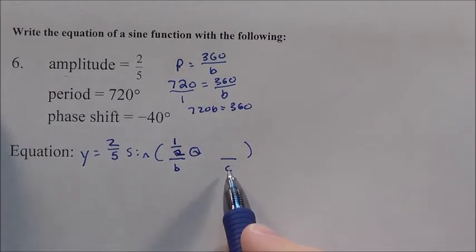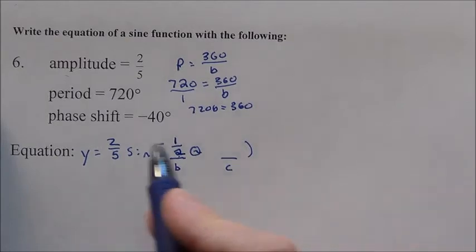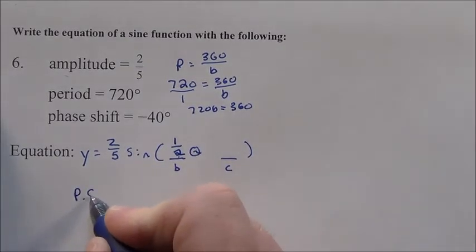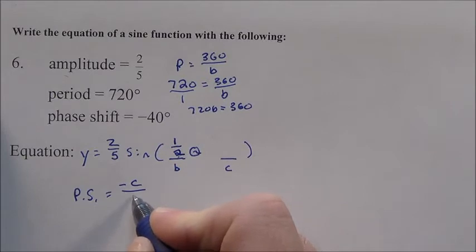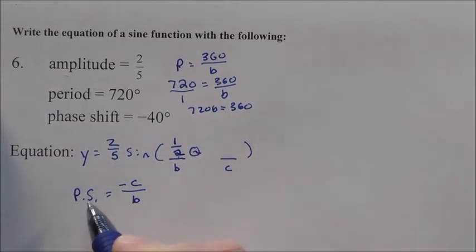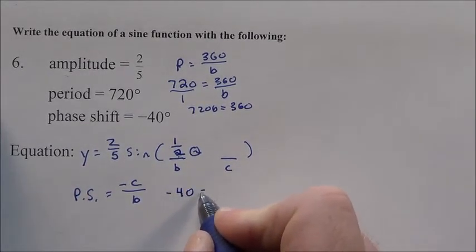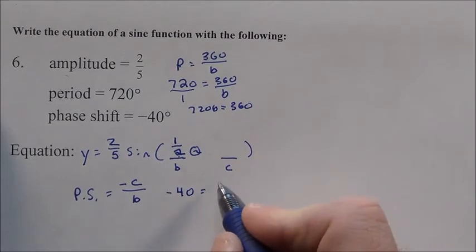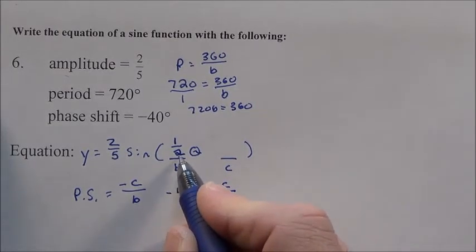Now we need the c. We can't get the c without first figuring out this b value. Why? Because remember, the phase shift is the opposite of c divided by b. Well, we need that b value. We just found it to be a half. The phase shift, it said, is -40. So we have -40 equals the opposite of c, which is what we want, divided by b, which we just found to be